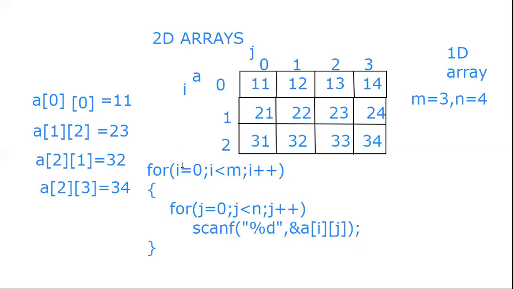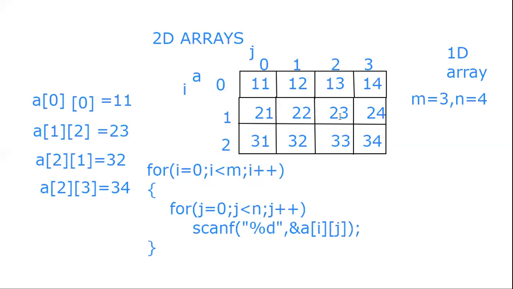Now I becomes 1, right? And j starts from 0. So we have a of 1, 0. That is the next number. If we enter 21, it will get stored into a of 1, 0. That is this position. Okay, next I is still 1 itself because j has not completed. J becomes 1 now. J was 0, it became 1. I is also 1, j is also 1. Next number gets stored into a of 1, 1. We have stored 22, right? So here we store 22.